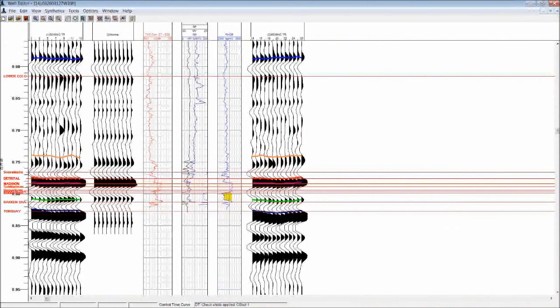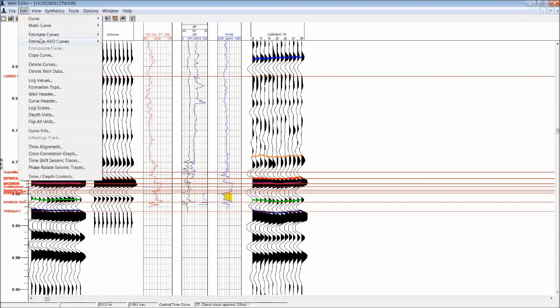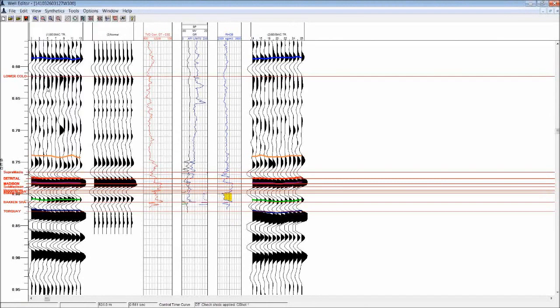So that is your LogM well editor. And what you see on your screen right now is 13 seismic traces to the left, 13 seismic traces to the right, a synthetic that was being generated based on the curves that I have: my TVD corrected sonic, my gamma ray and my SP curve, and my rho B curve. That's what you're seeing on the screen. And what you can notice off the back is on your formation tops,